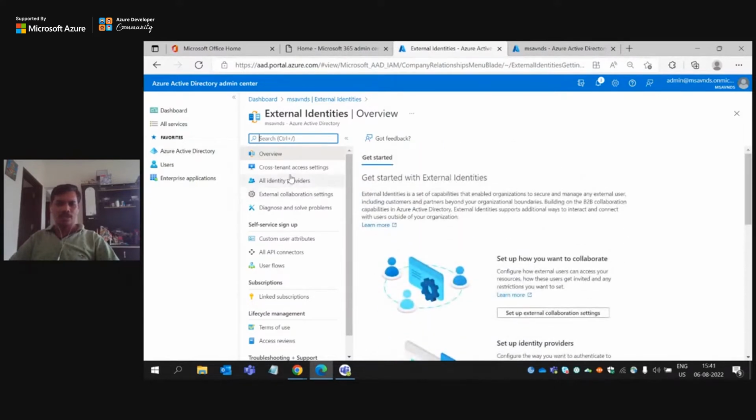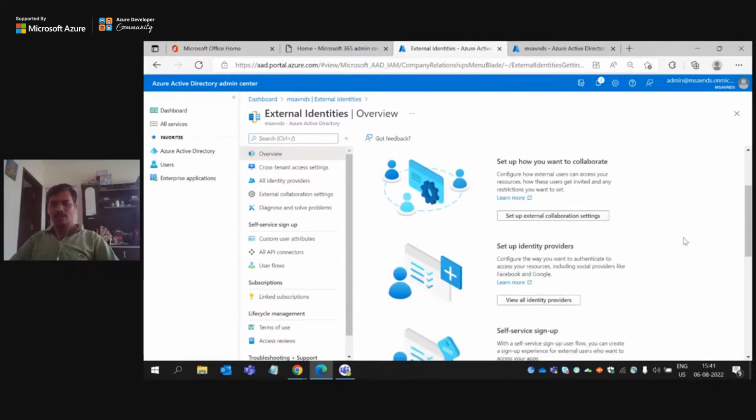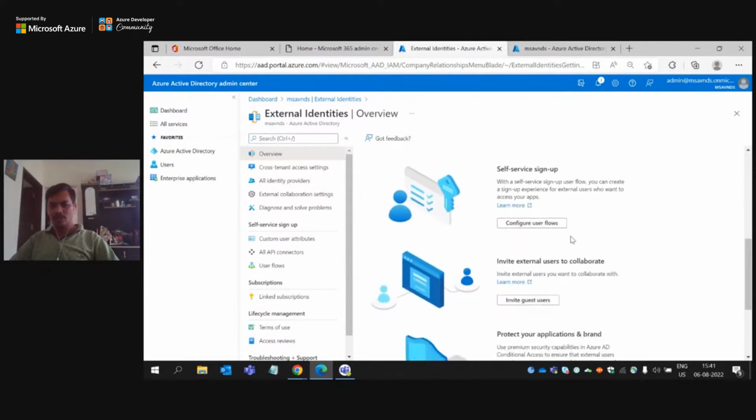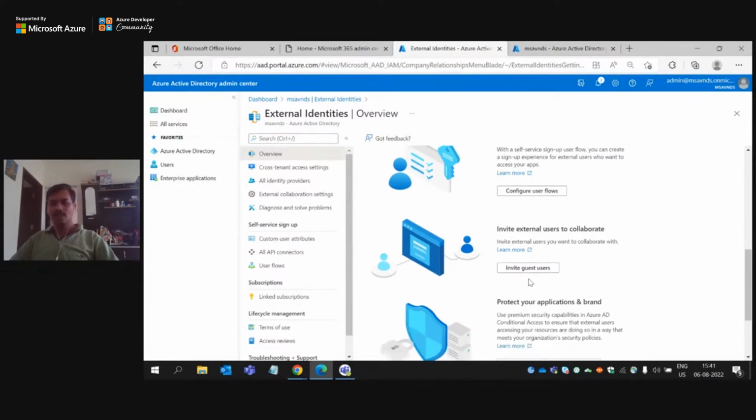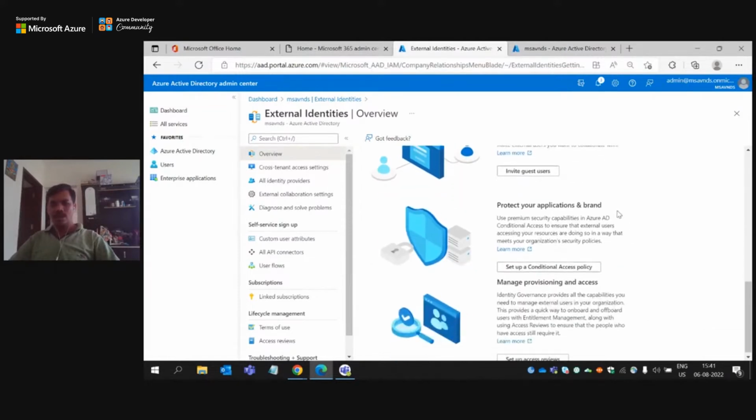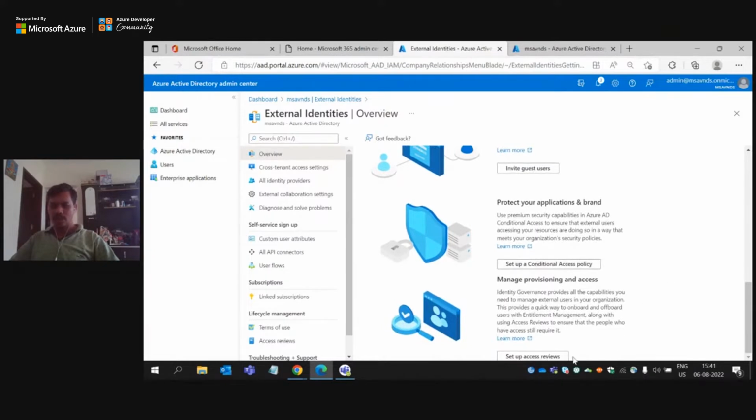Okay. So the first we see here is the overview where we have external identities, and under that we have different options like collaboration setting, identity providers, configure user flows, in case we want to allow external users or partners or vendors to sign up themselves and access the resources from our organization or our entire tenant. Also, we can invite guest users. This is another option, and set up the conditional access policy and set up the access review in order to